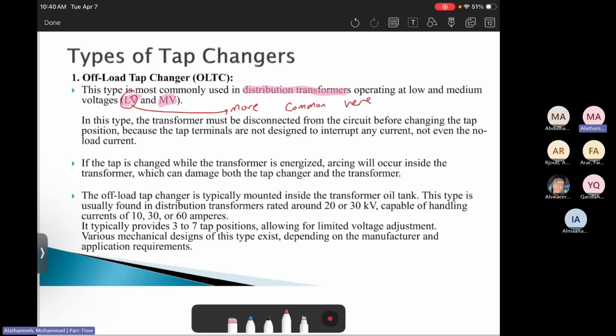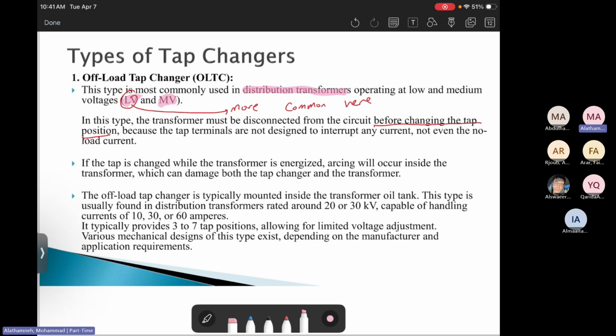So the thing about it, we will do several studies and adjust it, keep it fixed. It will not be changed depending on the load. It is just disconnected, and if you need to change the tap position, you need to send a technician to do that. So you cannot do it by yourself, or automatically or computerized. You just do it technically. So the offload is being used